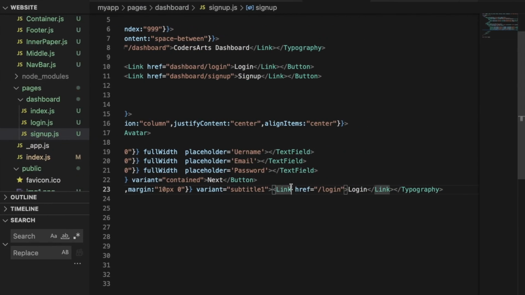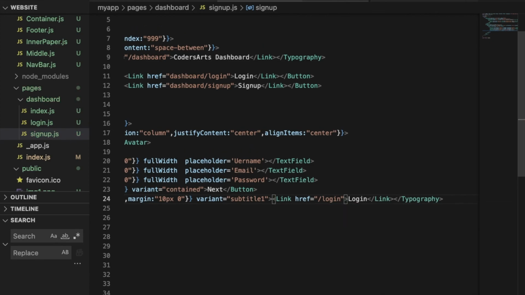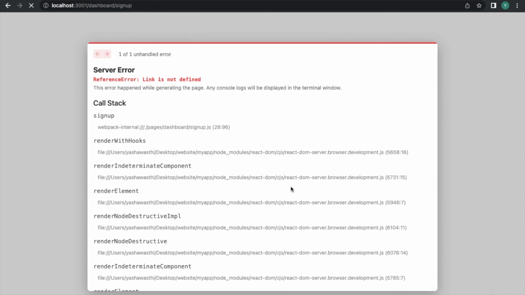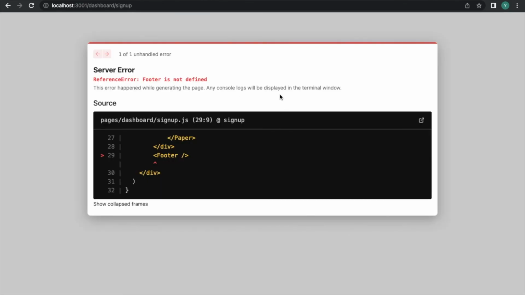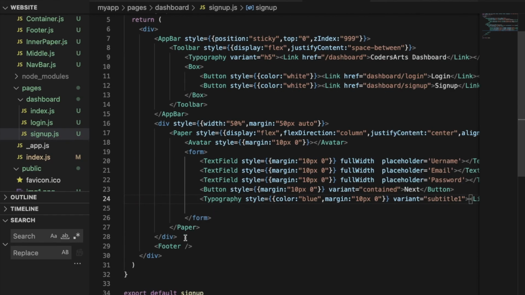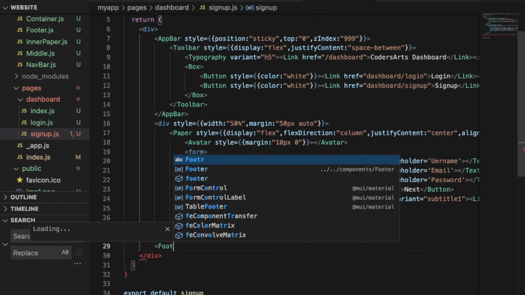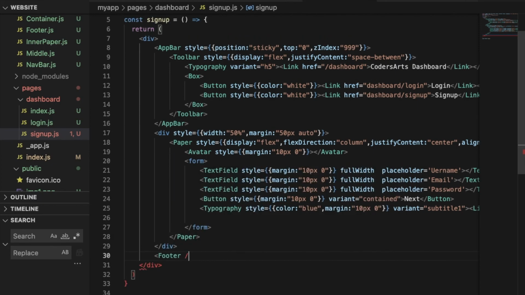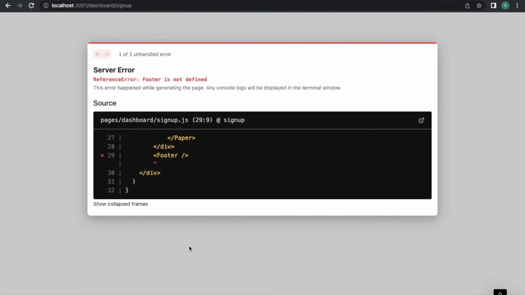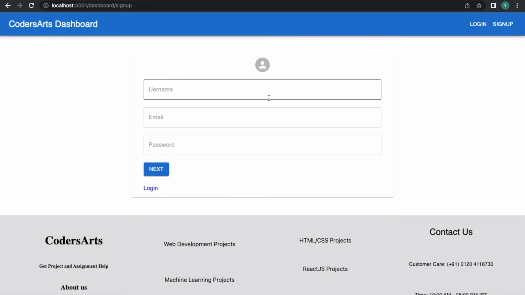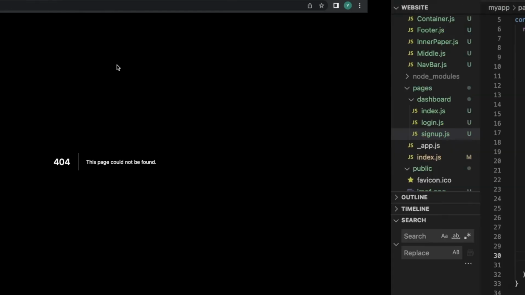Definitely we have not imported the link, so we'll import the link from next/link, and we'll hit save, and you can see this appears. Okay, we have not imported the footer as well, so we'll import this as well, footer, and we'll hit save. So you can see our sign up page is also ready. If we click on login, we do not get transferred to